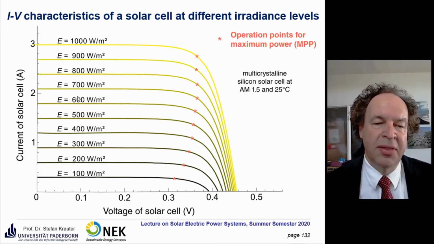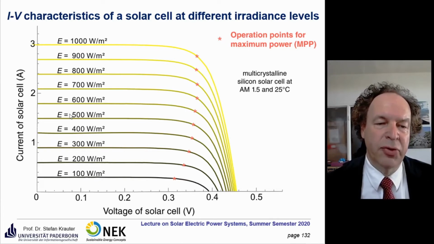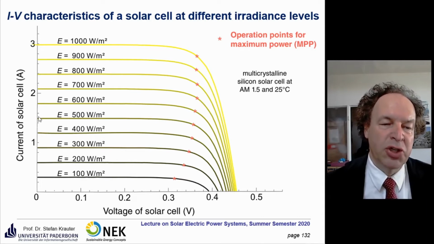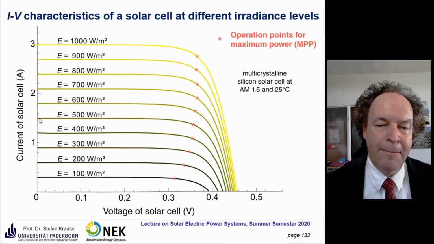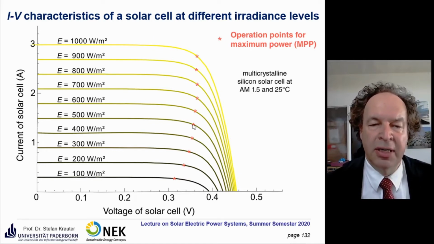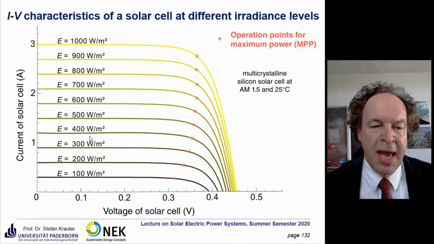And the other ones, for example, if you go down, if you reduce the irradiance level by 50%, so you have an irradiance level of 500 watt per square meter, you have a short circuit current of 1.5 amp, and the maximum power point is at about half of the current of the upper curve, but the voltage more or less stays the same. It's a little bit reduced,